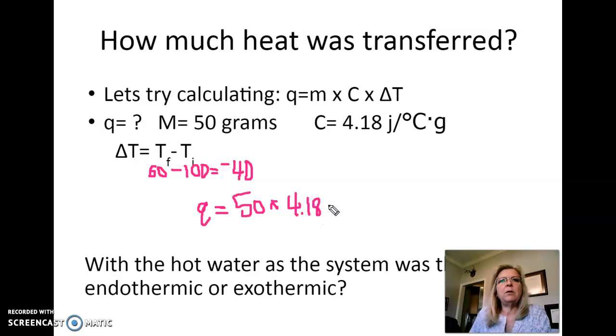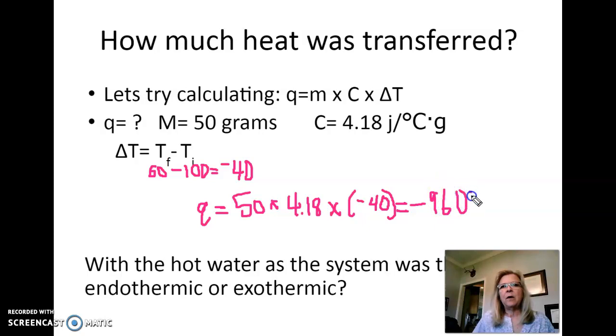And we are going to multiply that by the change in temperature, which was negative 40. I'm trying really hard to have good handwriting here. Sorry, everybody, for those of you that are freaking out because it's bad handwriting. Okay, so when we do our math, we're going to put that in our calculator. I got 50, times 4.18, times negative 40, and I get negative 9,600